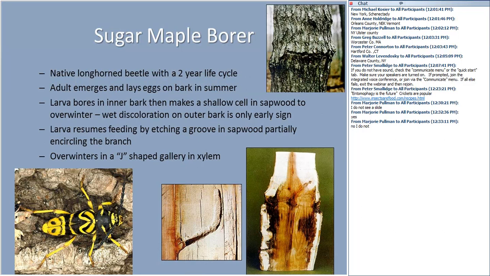The sugar maple borer, on the other hand, is something that can be a problem, and you can see here that when it gets into the tree, by boring into the wood, it can cause a lot of damage. This is the outward sign of its presence in the tree, in the bark. I don't know if I see this actually quite frequently. I know that in some instances it's been found to be very common in some areas.